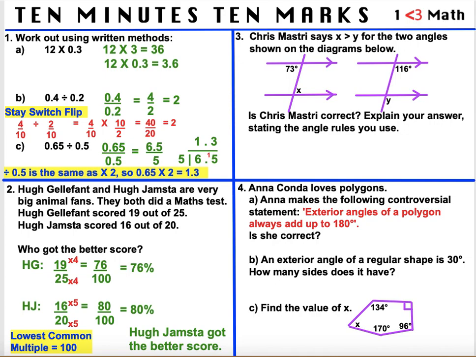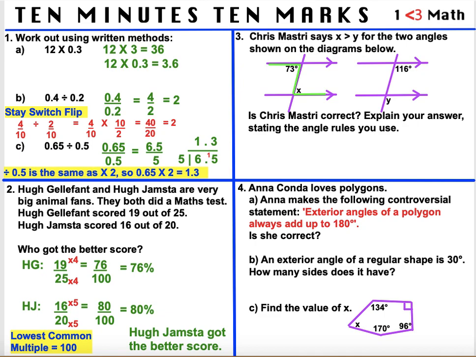So for question 3, similarly, Chris Mastery says x is greater than y for the two angles shown on the diagrams below. So we need to know our angle rules. Now, first of all, because the lines have arrows on them, that means that they are parallel lines. And when you've got angles in parallel lines, there's two main rules that we use. So the first one is for Z angles,